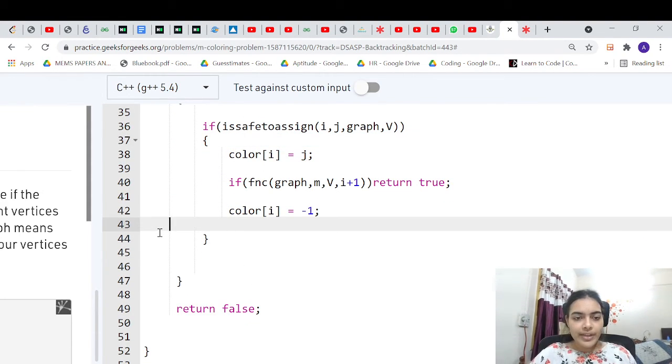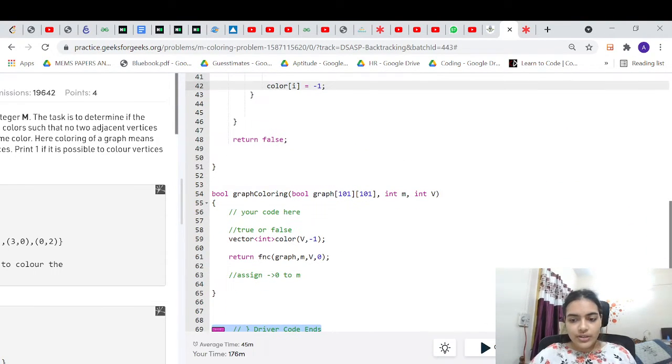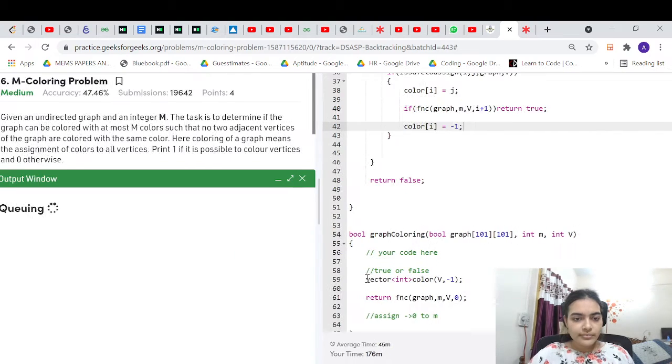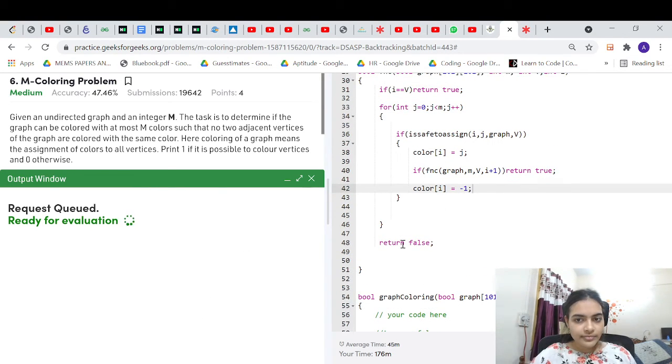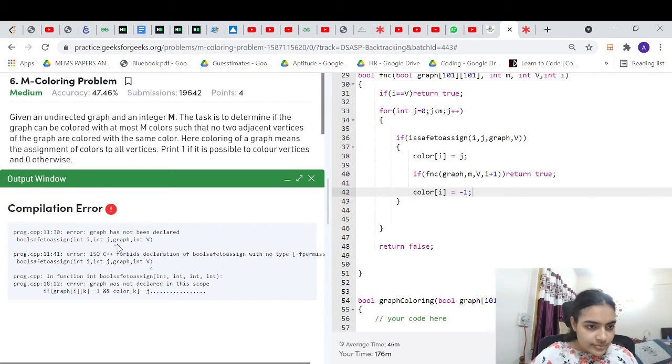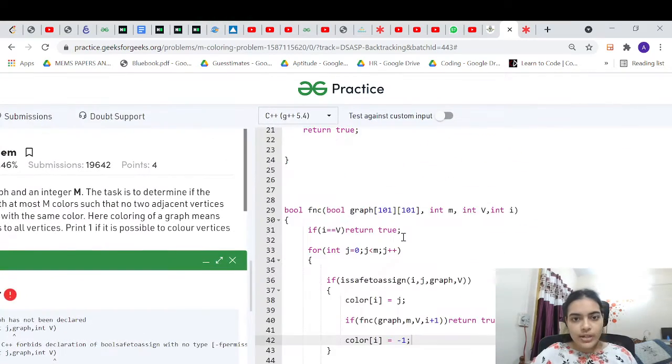Simple function. And now we will try to submit the code and see if it is working. First, let's compile and see if it's working. Graph has not been declared in function safe to assign.